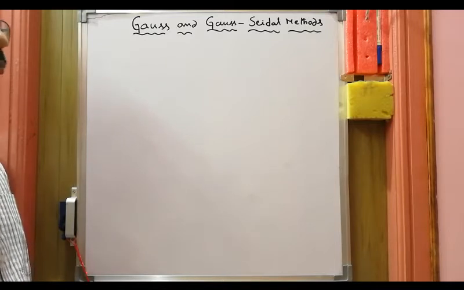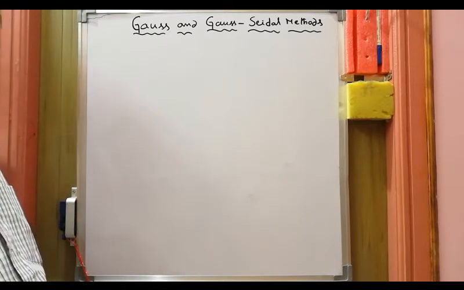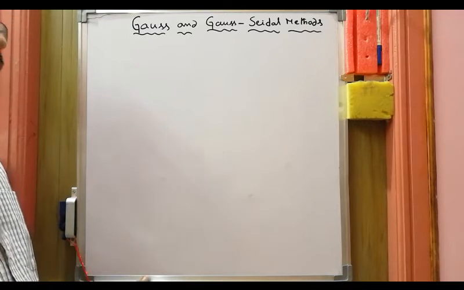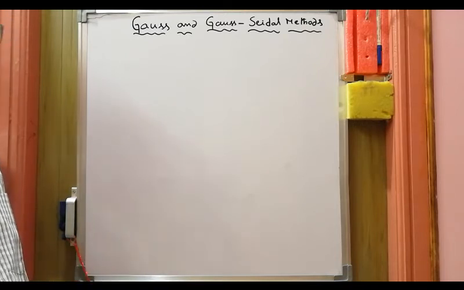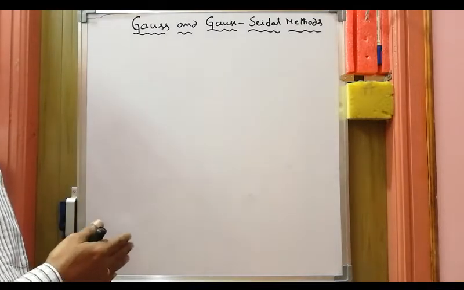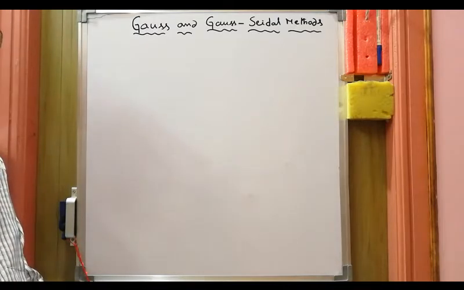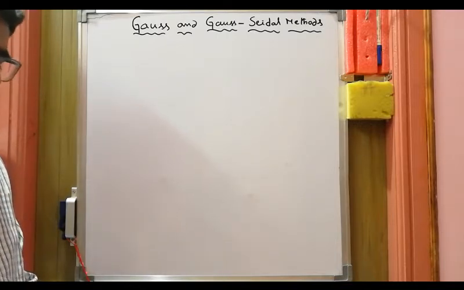Anyway, the iterative methods, to understand in a better manner, I will be explaining with two simple examples here, and later we go with our actual power system problem. So first let me explain what is Gauss method and then Gauss-Seidel method through an example. As I said, these are iterative procedures for solving simultaneous nonlinear equations.